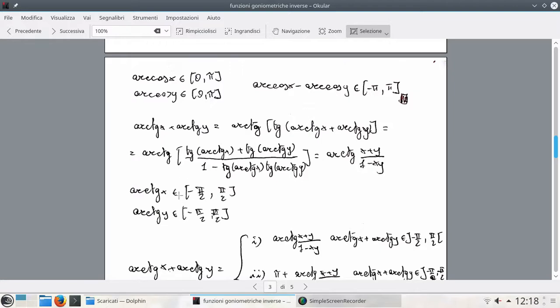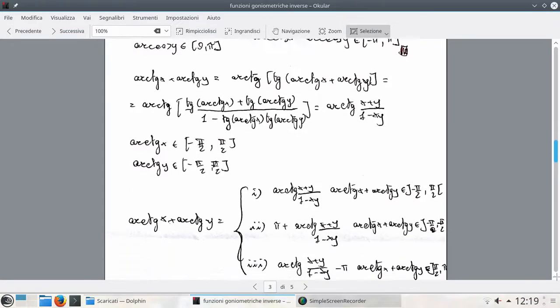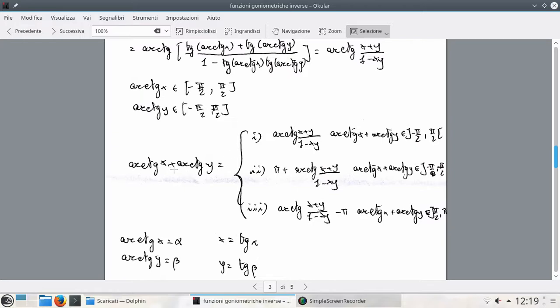We have arctangent of x and arctangent of y belonging to the open interval minus 1/2 of pi. I'm very sorry, I apologize for this mistake, horrible mistake. Okay, arctangent of x belongs to minus 1/2 of pi, 1/2 of pi. So arctangent of y does. Arctangent x plus arctangent y actually